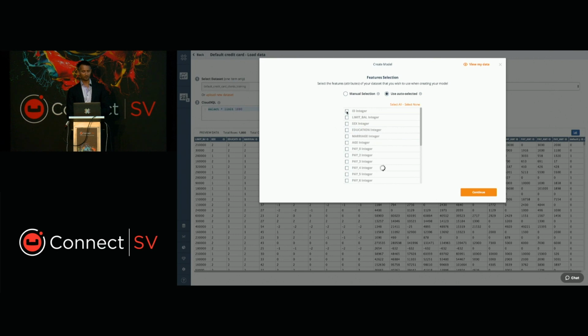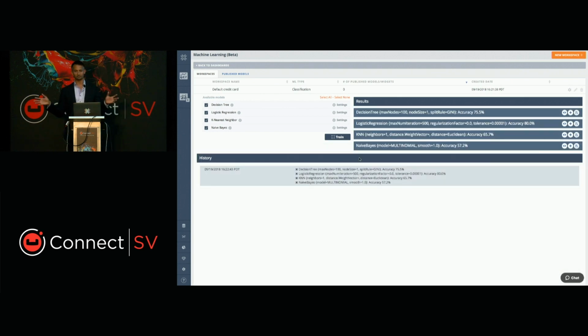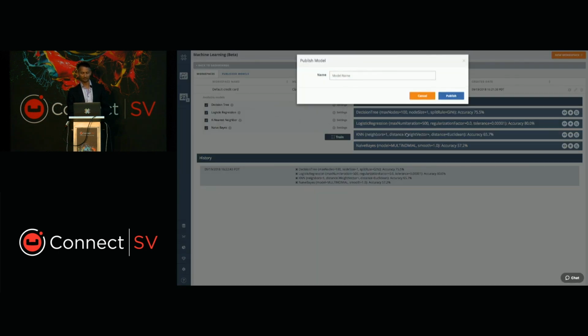And select the features that go into making the model, right? So in this case, all of them, I want to select all of them except for maybe the ID. And then you can run this against a number of algorithms. And once I let it train, it's going to go and execute against these algorithms to figure out which is the best fit. So in this case, logistic regression, we've got 80% correlation, so that's a pretty good model that we can use. So we can save that as a model